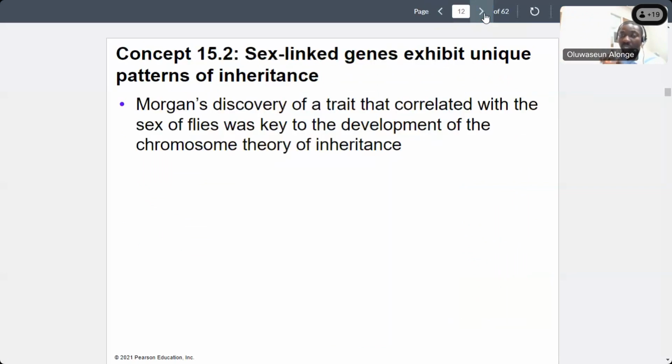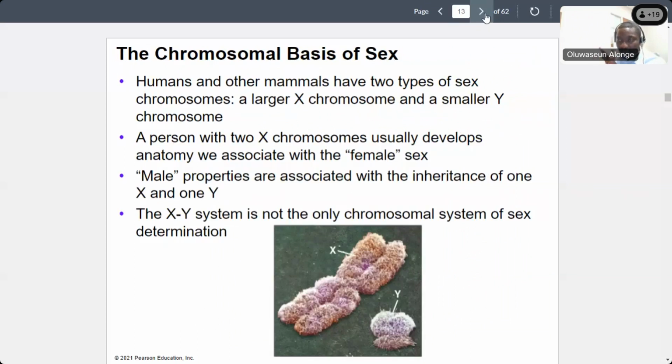All right. So the key thing is that Morgan, in his experiment, deduced, discovered, and confirmed the chromosomal level of inheritance, based on his experiment. Now, I will talk about one thing before I continue, just to not confuse you. It may be like a reminder now, but there is a kind of